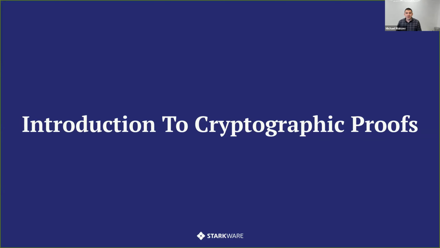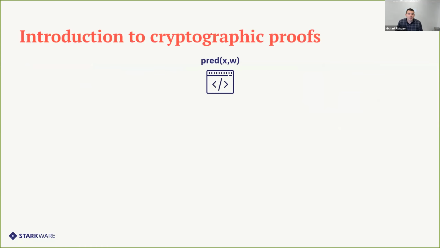So let's start with an introduction to cryptographic proofs. What do I think of when I think of a cryptographic proof? First of all, we start from a predicate that can be described using any program. I can think about a Python program or a C program that gets an input. I think of an input of a pair X and W. X, I call it a public input. W is a witness. We will see exactly what the difference is in a moment, but technically we can think